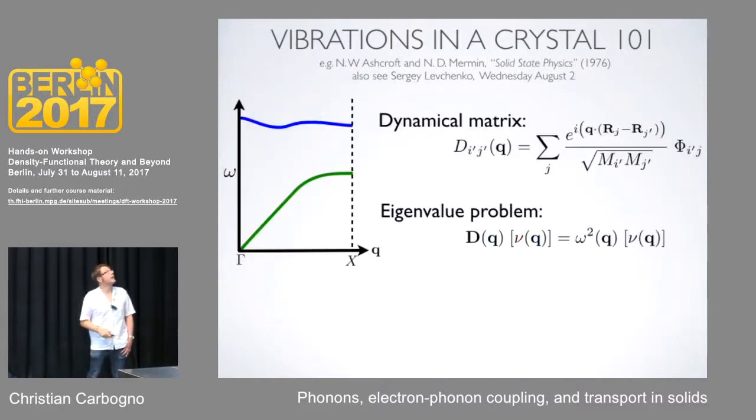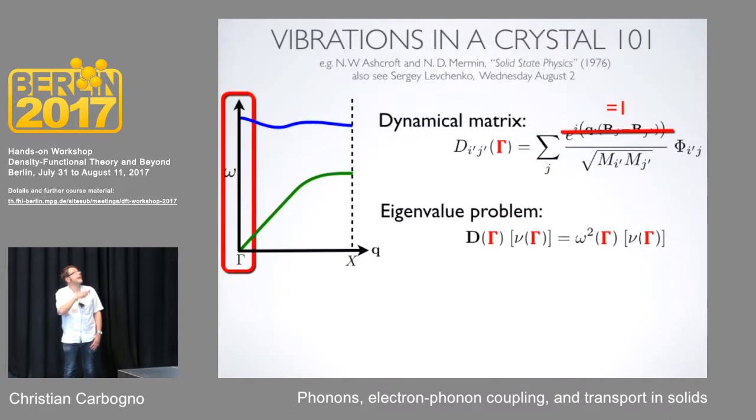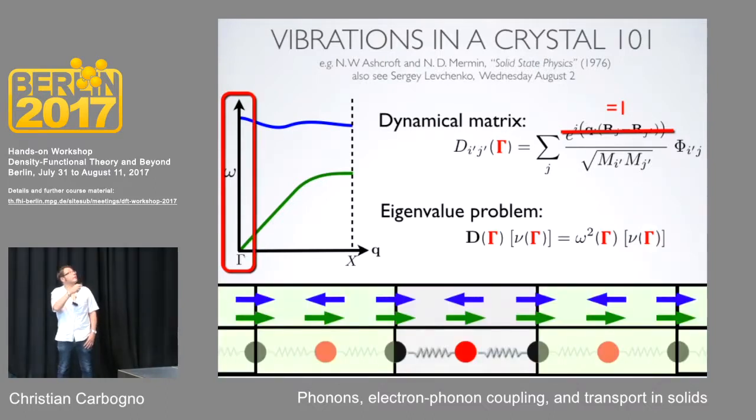And to give you an idea of how this looks, this would be such a typical solution along a path in reciprocal space. At gamma, obviously, you have this phase factor vanishing, and what you get are 2 different types of modes. There is one where everything is in phase, and the atoms in the unit cell are also in phase. This is a so-called acoustic mode. You see that this would correspond to just a translation of the crystal, and with that, this can give you no energy gain. The frequency has to vanish.